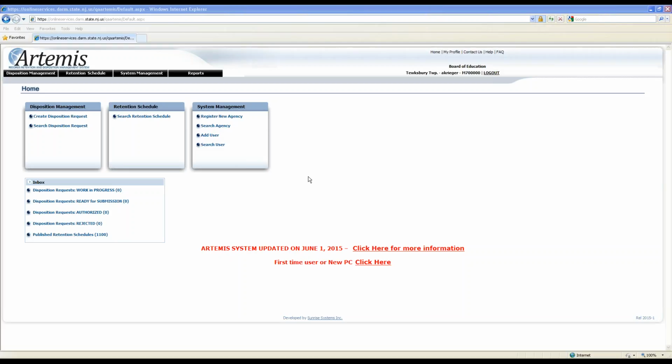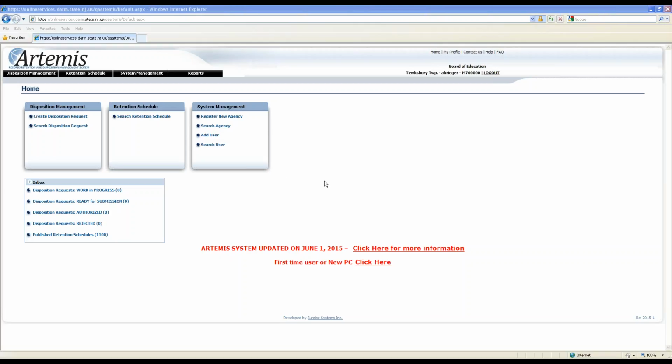Danielle asked, do we need to get permission to destroy drafts of paperwork or just finalized documents? Danielle, I'm not sure. Again, that's a question I would push you to call the state on. I'm not an expert in every aspect of this, but I'm going to think that it's only the final documents, not the drafts. But as we saw earlier, when somebody asked a question about those notes from the meetings, that was the first time that I happened to see that record series. So again, I would do a search in the system and see if anything comes up for drafts. But I would recommend that you contact the state and get an official response from them.